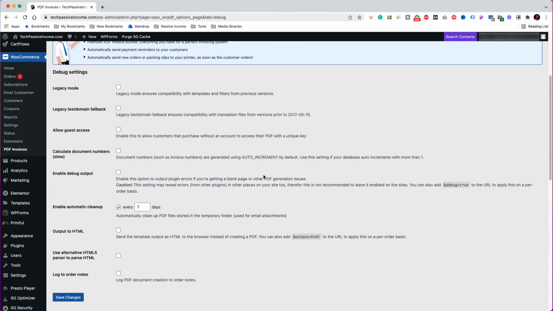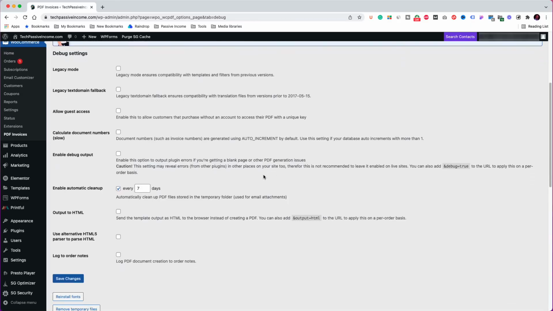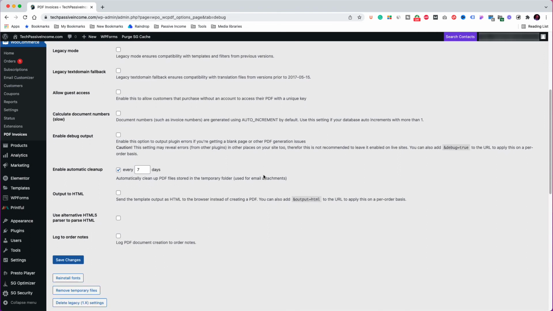But what is useful is the automatic cleanup. You can configure this to automatically clean up PDF files, so if you have a large store with a lot of orders coming in, they might soon pile up, and you may want to clean them up. You can adjust it to any date range you like and then have it clean up in the background for you. Once you've completed making changes to these sections, make sure to save them by clicking the Save Changes button